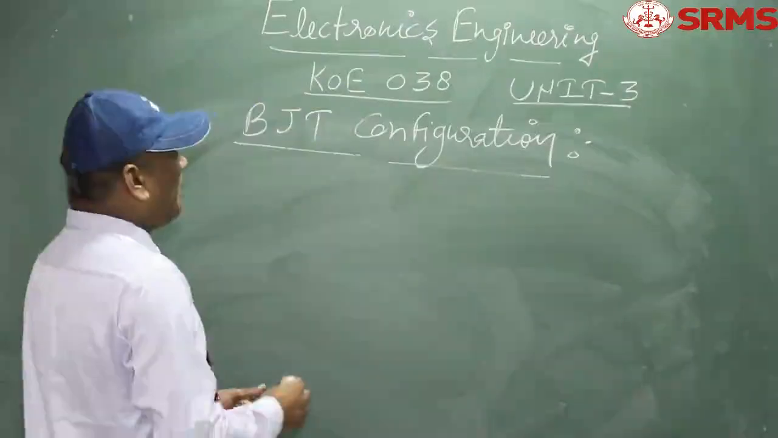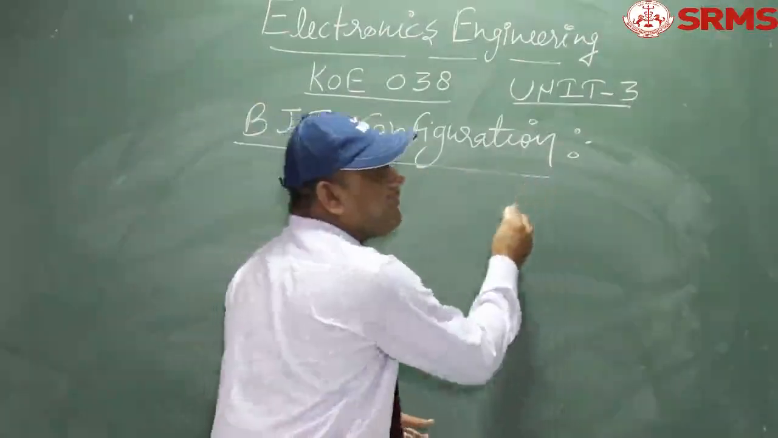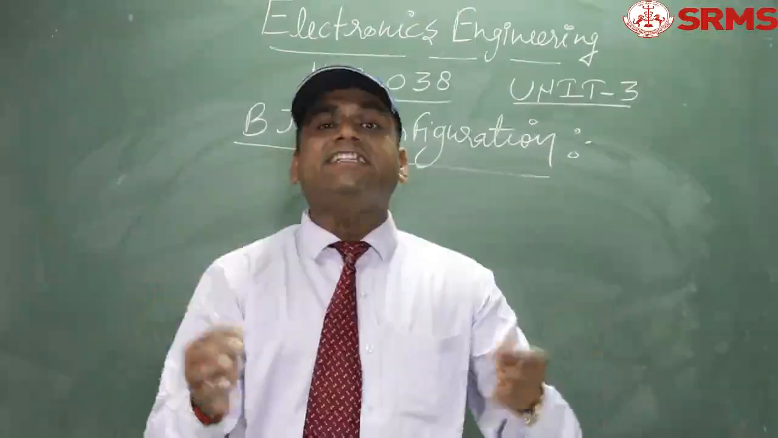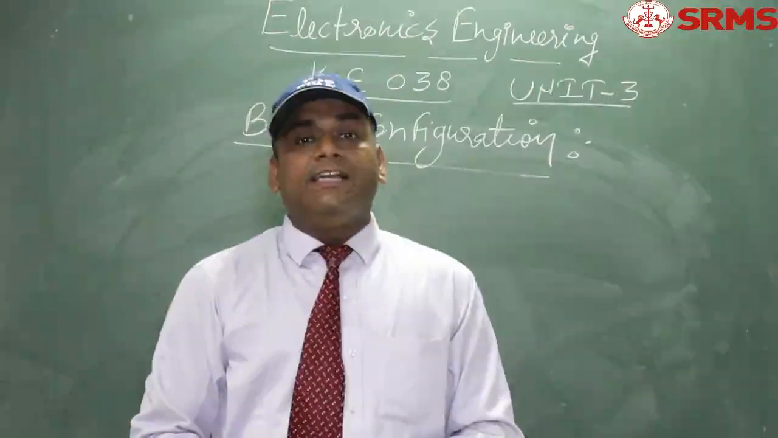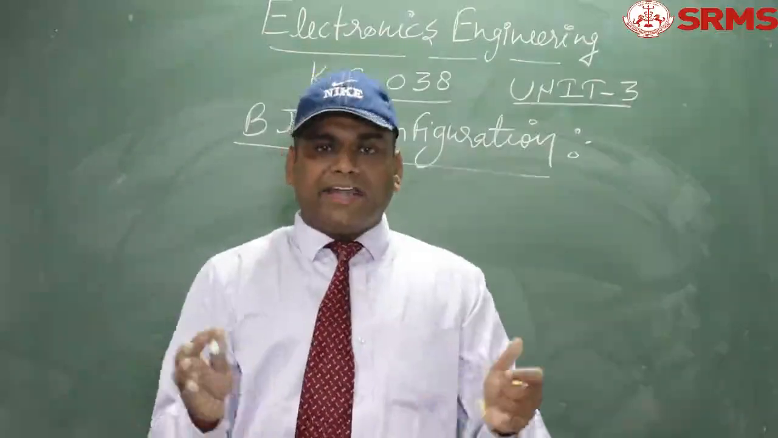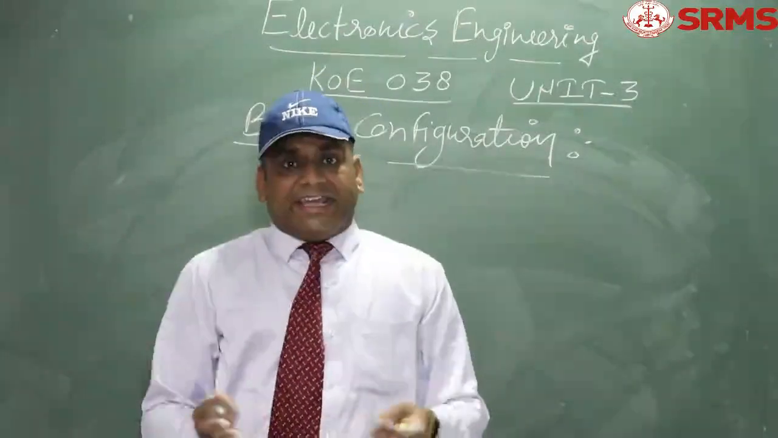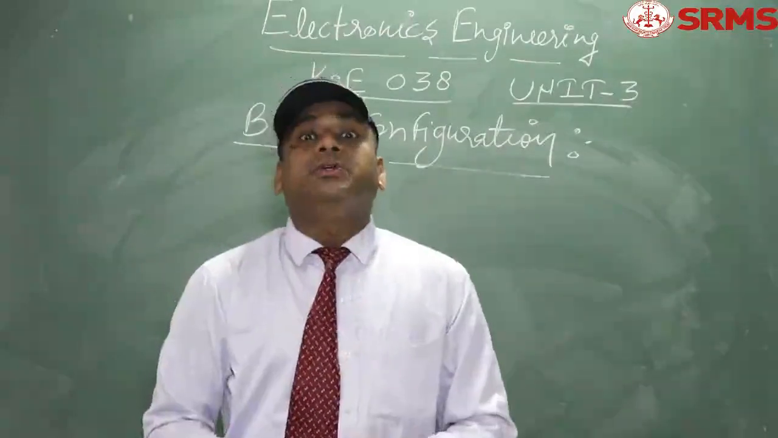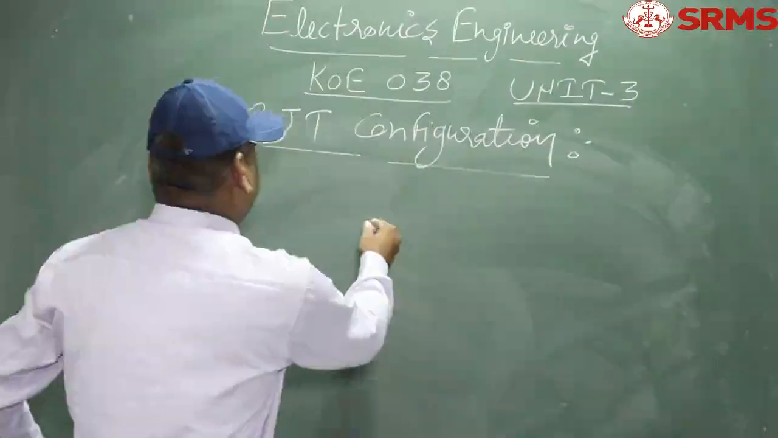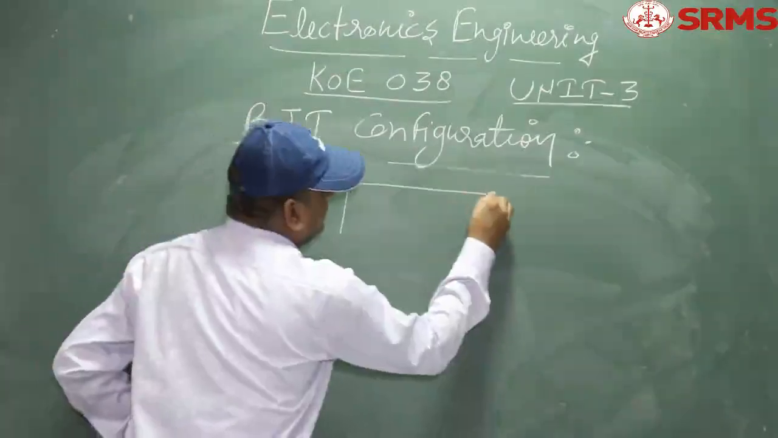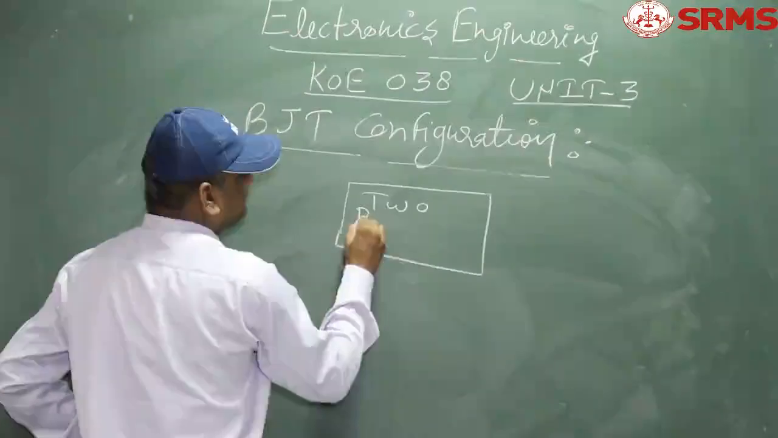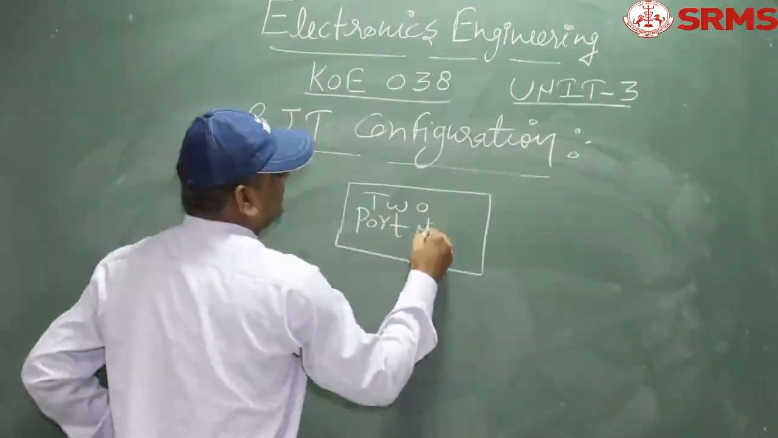Now here in this topic, we will discuss the different types of configuration. As it is well known to all of us, in the transistor we are having 3 terminals. If one of the terminal is made common, I am again repeating, if one of the terminal is made common, then the transistor can be utilized as 2-port network. Is that clear? So here, transistor can be utilized as 2-port